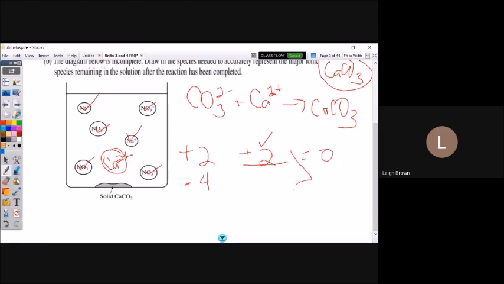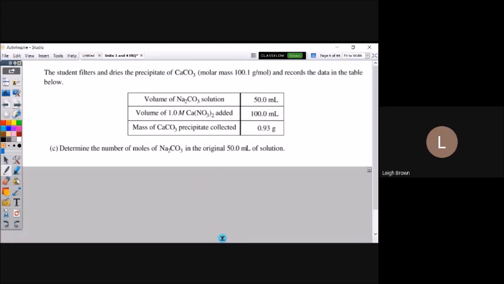I could see them asking this. Could they ask this year? I don't think you'd have to type into a drawing like this, I don't think they could ask you. But couldn't you just write an answer to that without having to draw it in the beaker? Couldn't you just say the beaker's missing 1 calcium ion? That's just another way this could be asked. So moving on to the next part of this question.